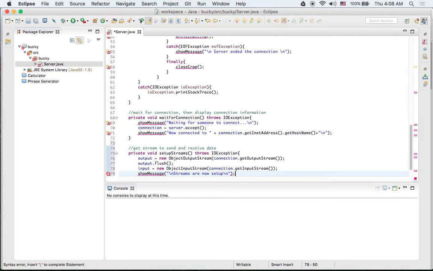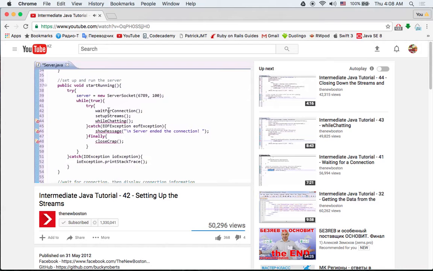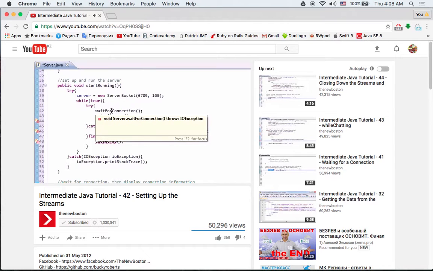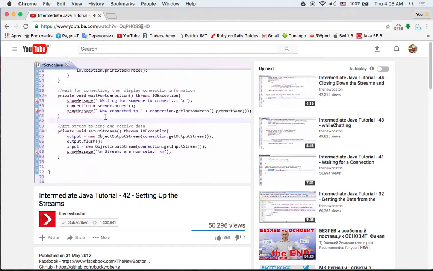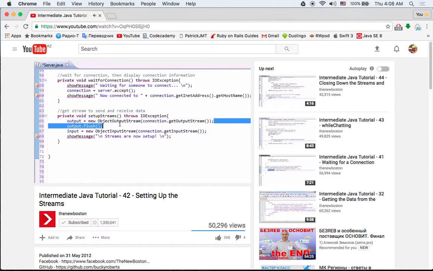So again, what we did so far is we created two methods. We now can wait for a connection, and once a connection is made with someone else, we can set up the streams, which basically sets up the pathway to connect to someone else. In case whenever we send a message some crap gets left behind, we just push it through to them, just good housekeeping in Java. And we also set up the pathway where they can send messages to us. Now, once